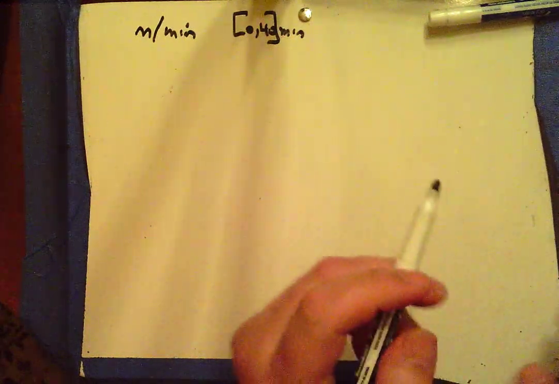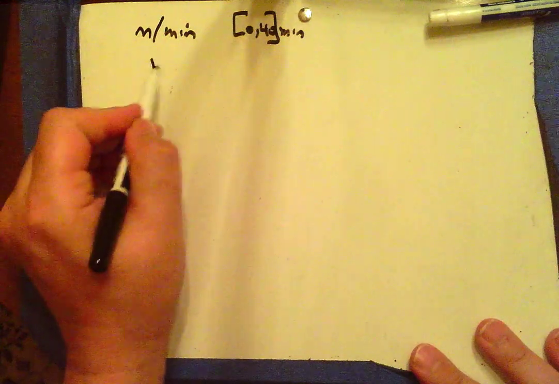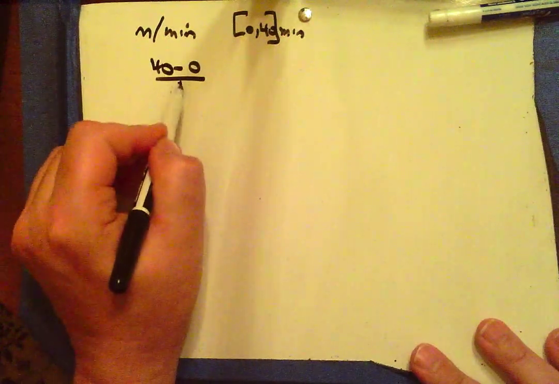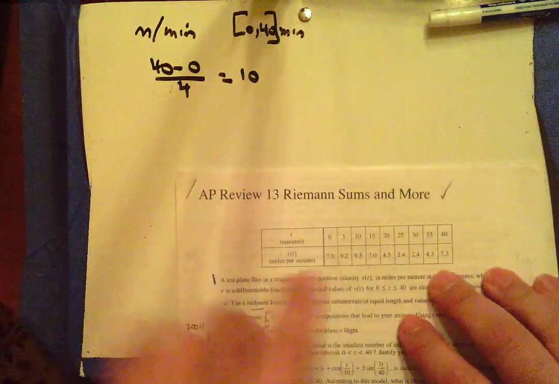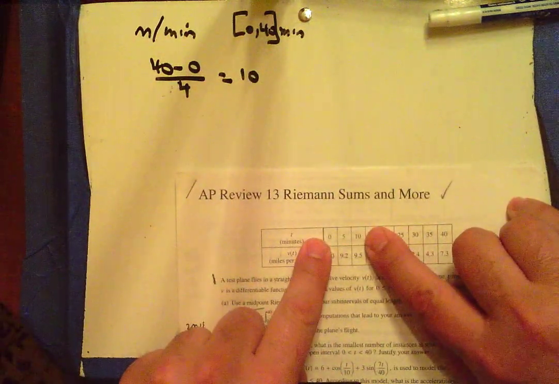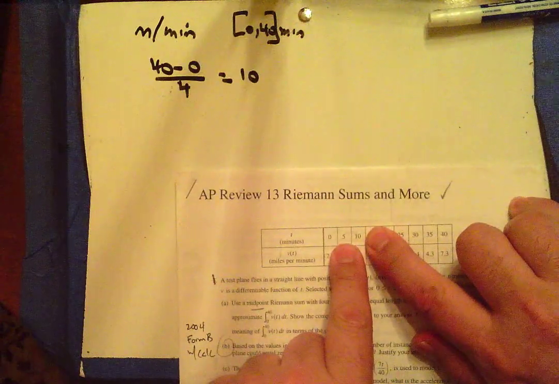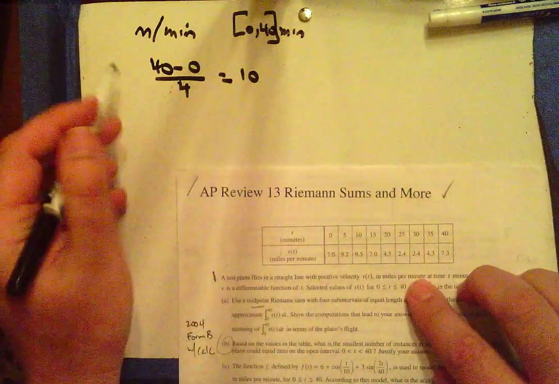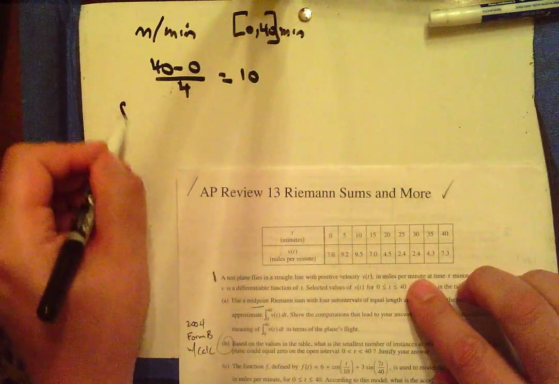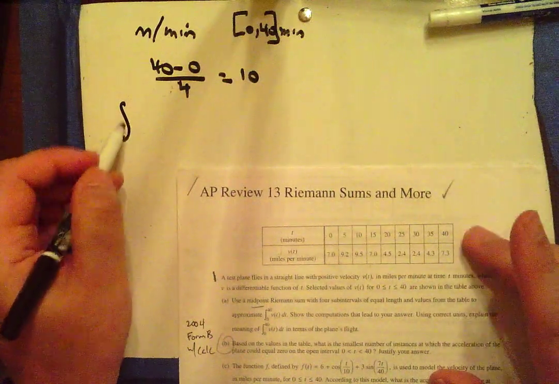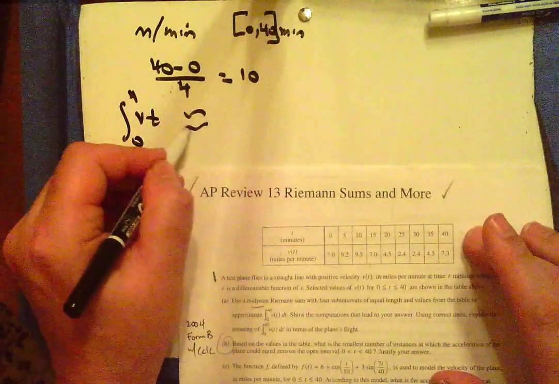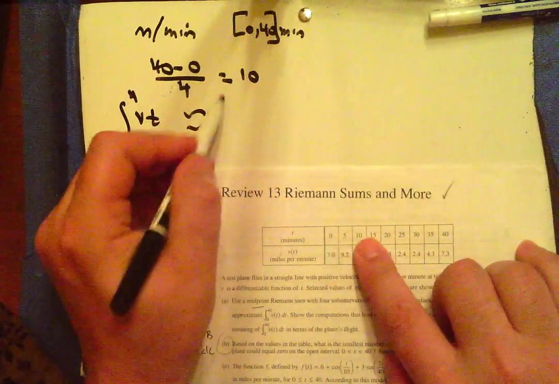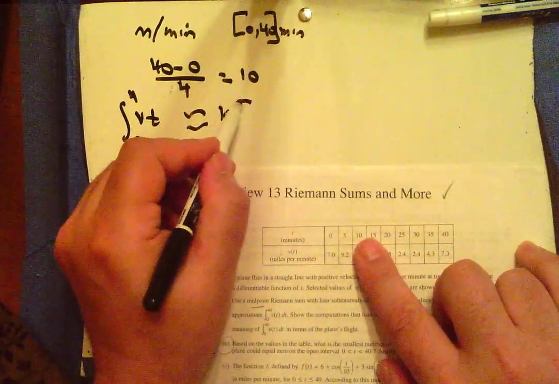Use a midpoint Riemann sum with 4 subintervals of equal length. So 40 minus 0 over 4 equals 10. So I want to go 0 to 10 as my first interval. I go halfway across that interval and use that height. So the integral of v of t from 0 to 40 is approximately the subinterval width, 10, and that's going